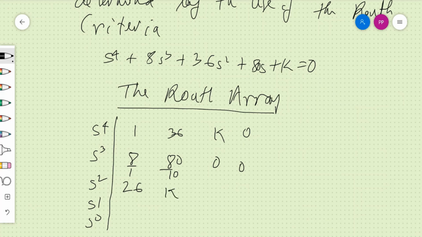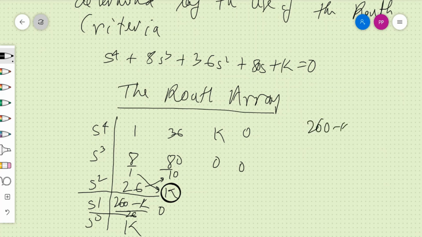Again, if we take this and this, then it becomes (260 minus k) divided by 26. Then it becomes 0, and this k comes over here. So if we have to find the auxiliary equation, we have to take this row as all elements 0. So (260 minus k) divided by 26 equal to 0 implies that k equals 260. So when k equals 260,